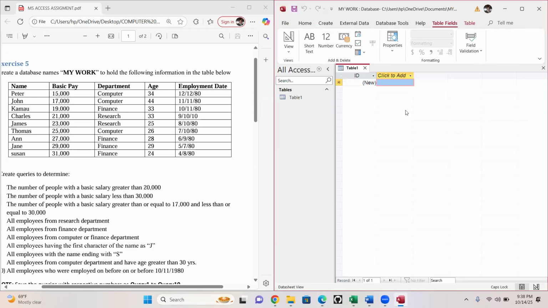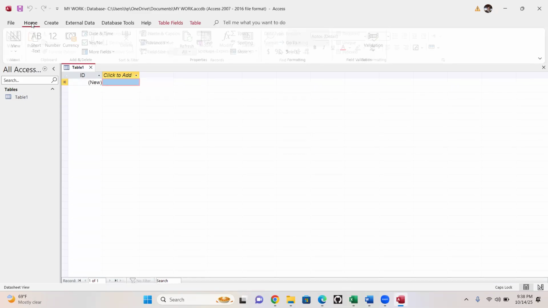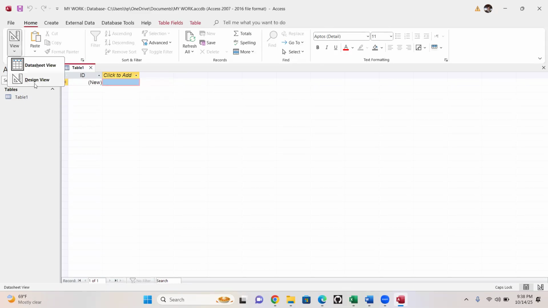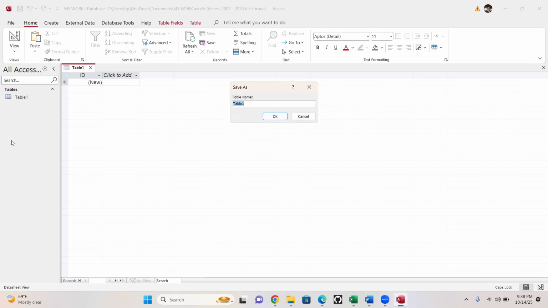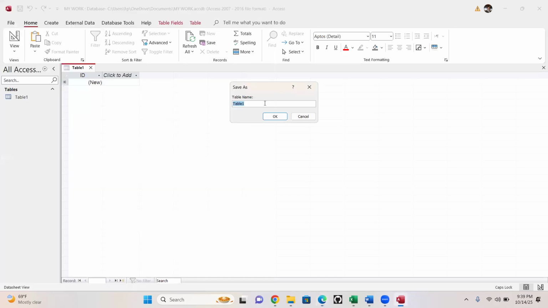When you click create, for this given my work, you need to design a table. For example, when you load your Access and find yourself here, you need to go and click home. After clicking home, you go to view, then you choose your design view. In design view, we can look at the kind of data that we have. If this data belongs to a certain company, we can easily assign the table name. In this case, we have not been provided the table name, but from reasoning we can understand this table is for a particular company. So you can just assign it to be maybe